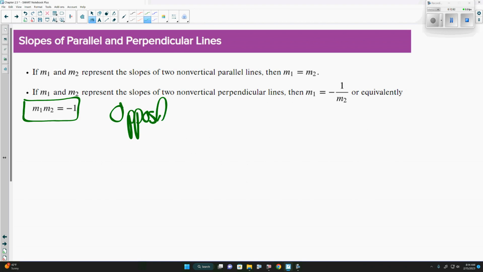opposite reciprocals. That means we change the sign and flip it. Change the sign and flip it. So if one of the slopes is negative, I'll just pick 8/5. Its perpendicular slope, we change the sign from negative to positive and flip it to 5/8. Change the sign and flip it. But if we did multiply these together,